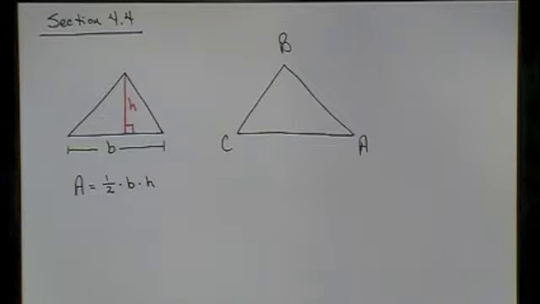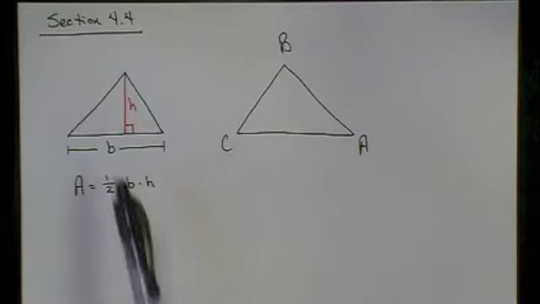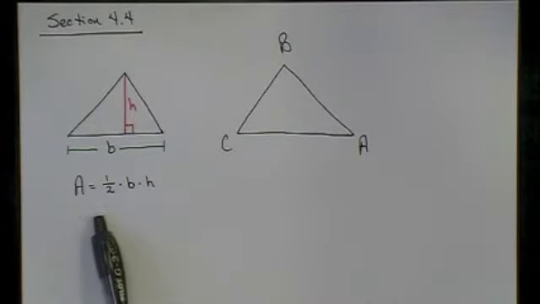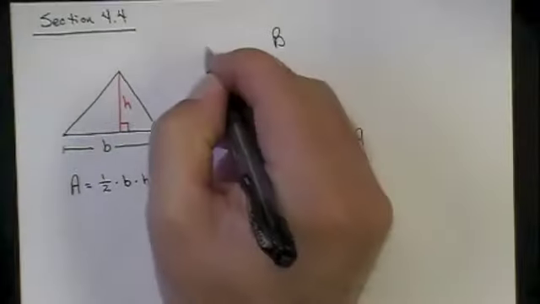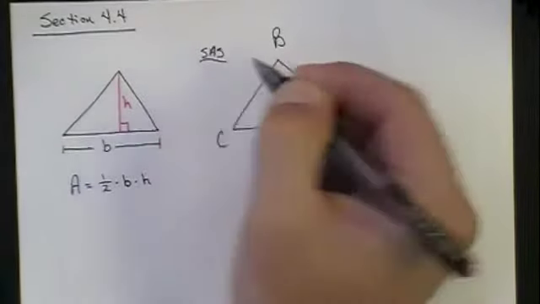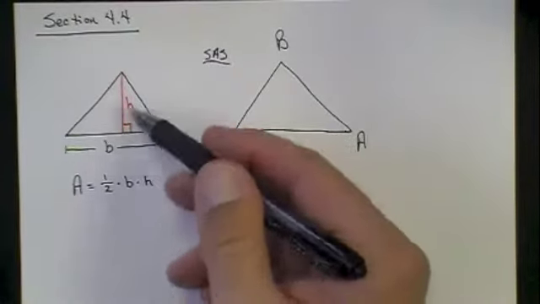In section 4.4, we're looking at finding the area of triangles, and we have a couple different formulas. First of all, if we have a base and a height that are perpendicular to each other, then we know we can always find the area of that triangle by taking 1/2 times the base times the height. But if we're given a side angle side and we're not in a scenario where we have the base and the height that are perpendicular,